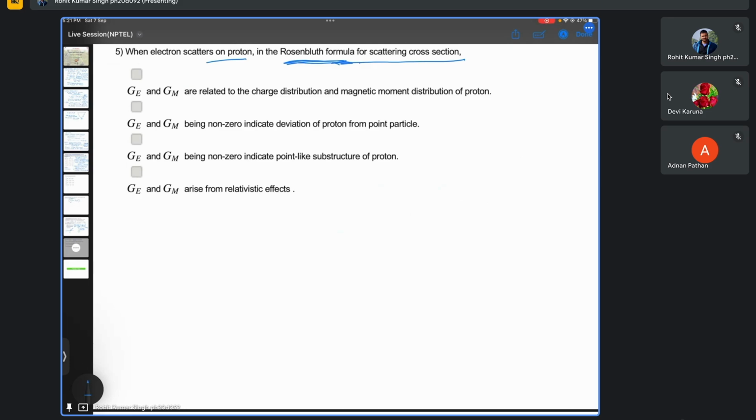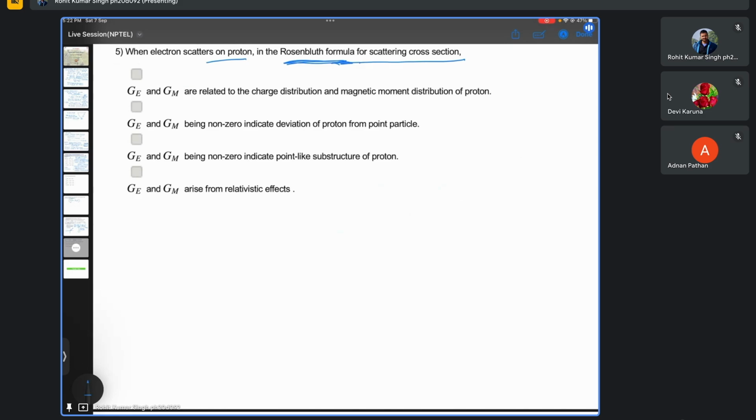Because it is charged and the charges are moving around, there might be some magnetic moment also associated. So